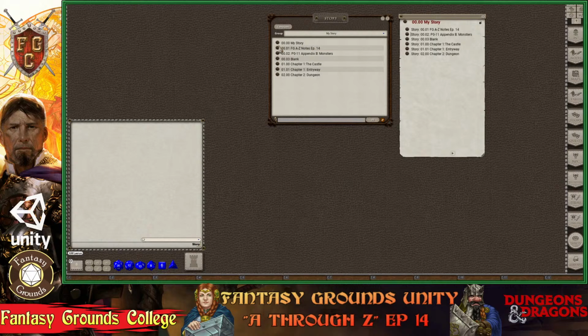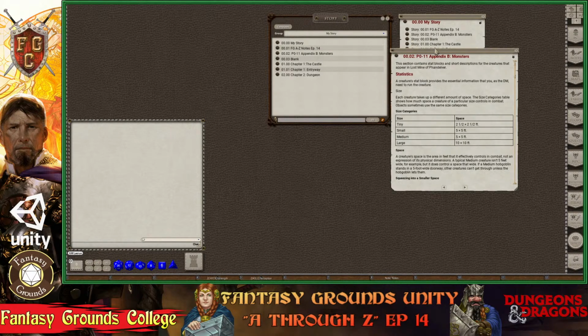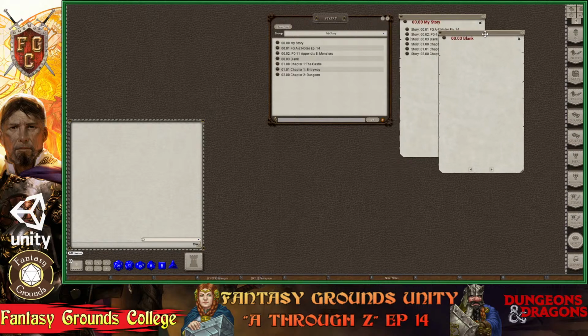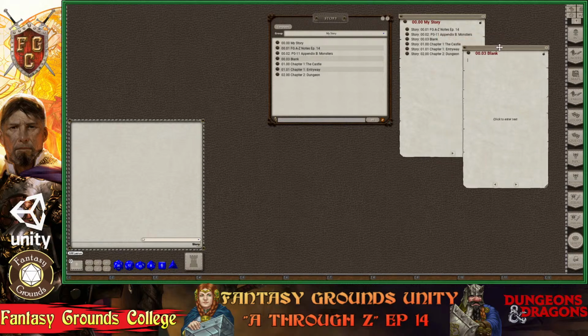So now this is basically how you would align the story, basically for organizational purposes. So I'm going to open up my blank story entry. And that's no longer blank because I screwed it up. There we go. Okay, so the blank entry,